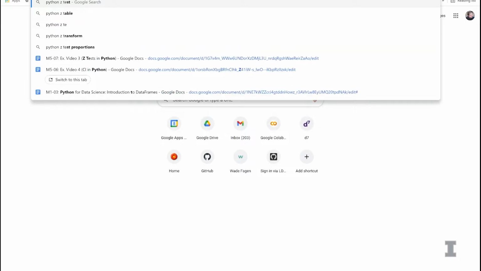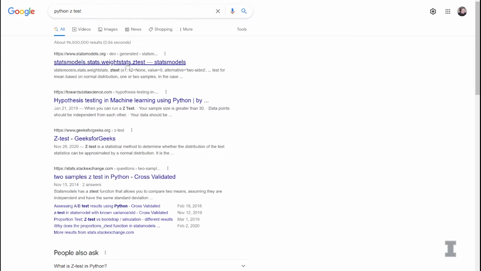And Carly, if you do this right now, I'm just curious, if you search Python z-test in a new tab, do you get the statsmodels website as the first result on that computer? Statsmodels.stats.weightstats.ztest. Yes. Awesome. So this is a library that somebody else has built and published that we can now make use of so that we can do a z-test without having to program it ourselves.